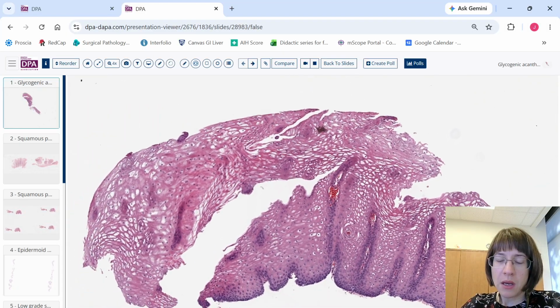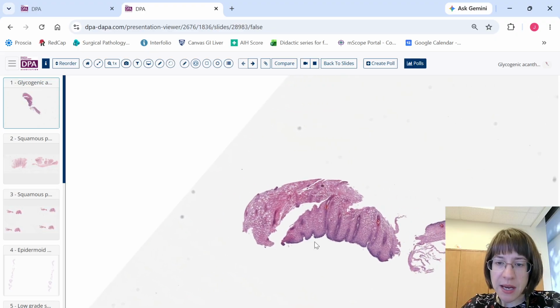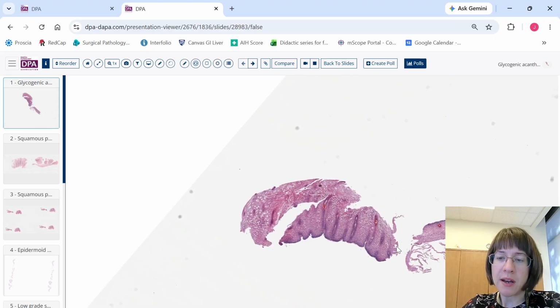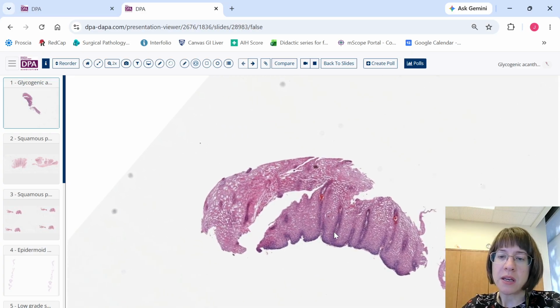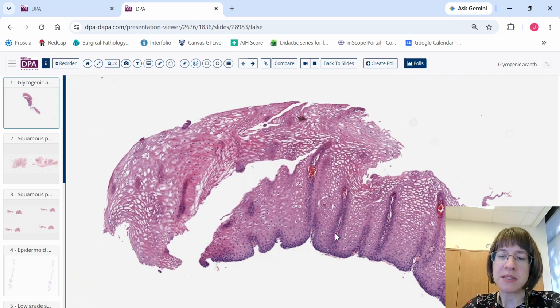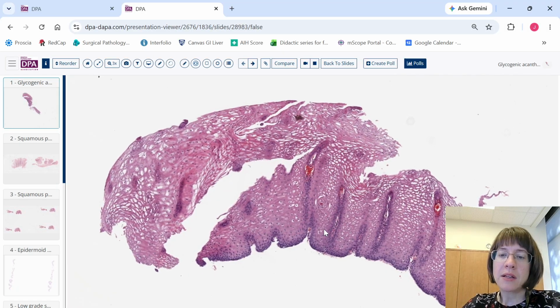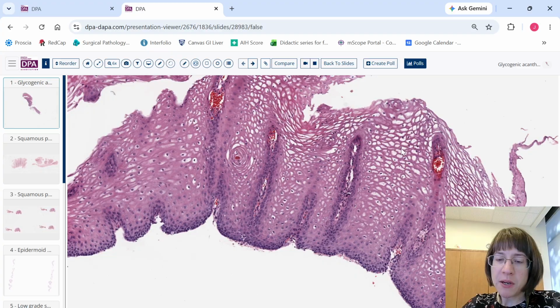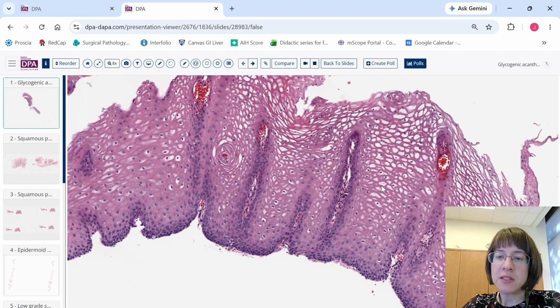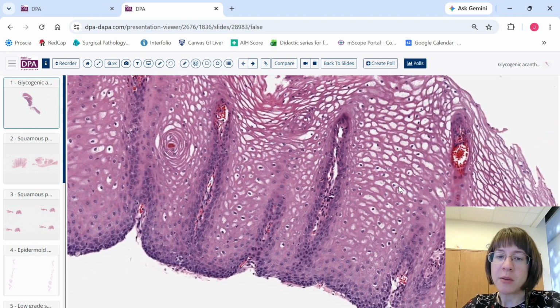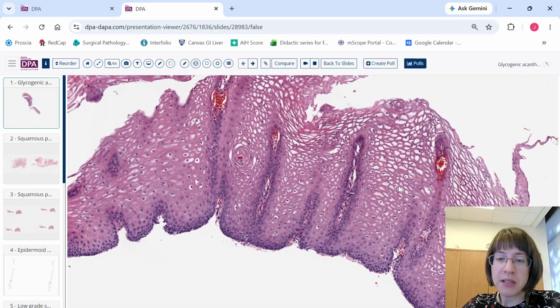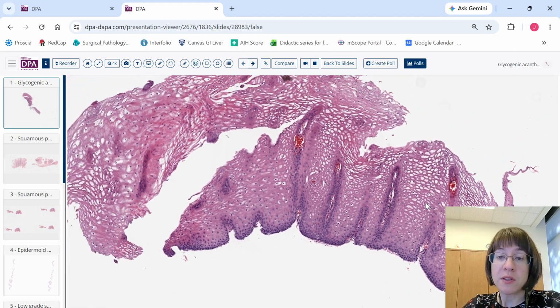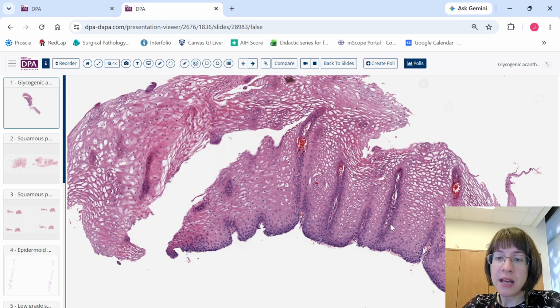And the first thing we can appreciate at very low power is that this lesional piece of tissue is a lot thicker than our piece of normal squamous epithelium. So that's the acanthosis part of this. Acanthosis just means that the epithelium is thickened. And the glycogenic part refers to the fact that we have this clear appearance to all of the cells going almost the whole way to the basal layer, and this is due to glycogen accumulation within the cytoplasm. So the term glycogenic acanthosis kind of tells you what this looks like because it is thickened and the cytoplasm